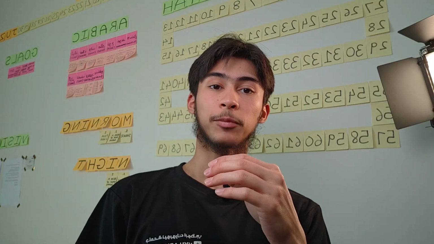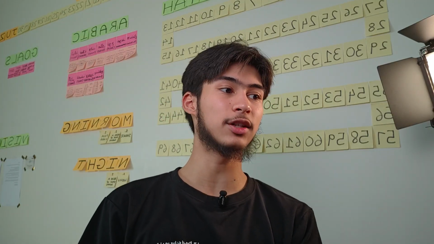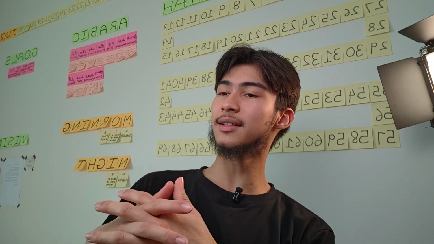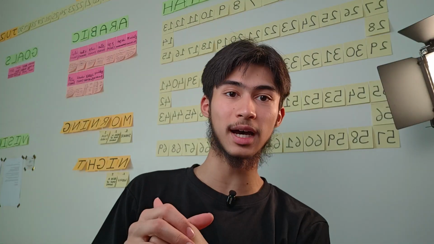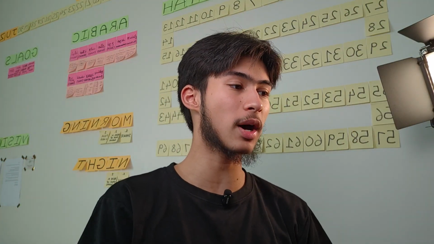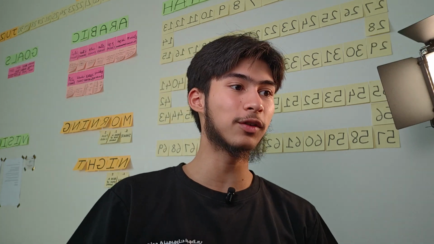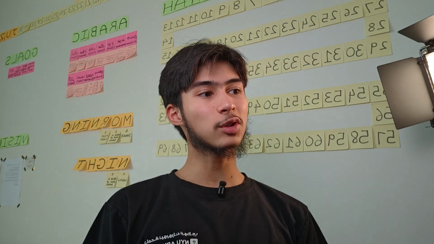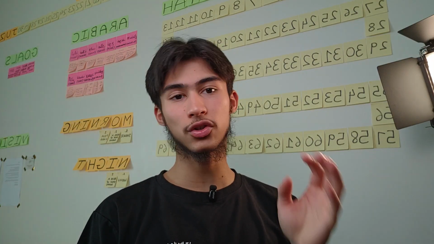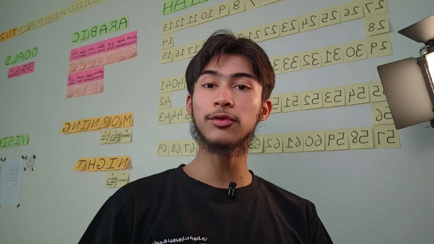Why? Because a massive reason why we procrastinate, a massive reason why we're lazy or don't do things is because we just lack clarity. What does this mean? We lack clarity on what things to do and at what time. So like right now, I have a million things to do. If I didn't know what I have to do at this time, then I would just feel lazy. I'd be like, it feels like I have loads of things to do, but I don't know exactly what I need to do right now, so I'll just do it later. That's what happens if you lack clarity.